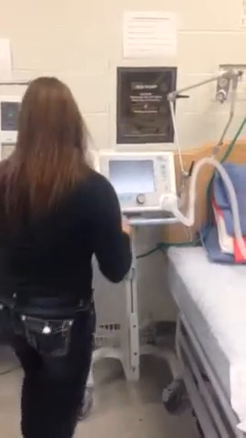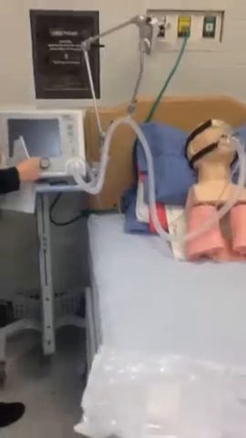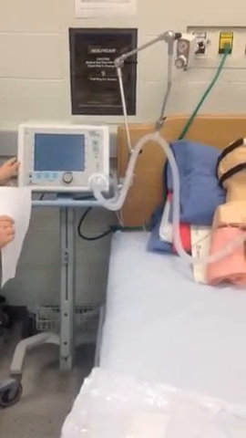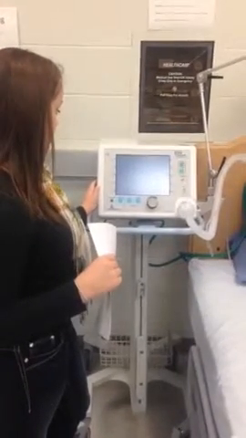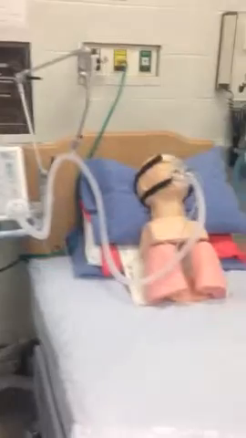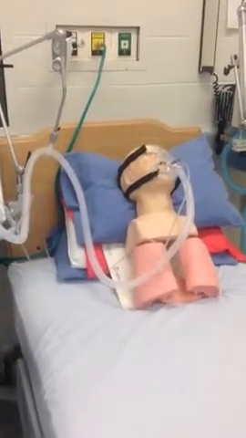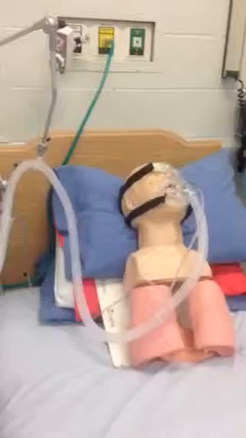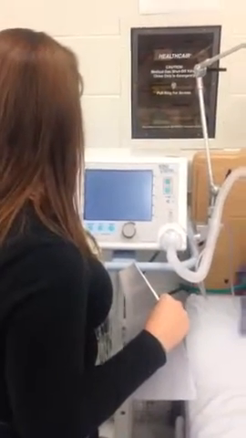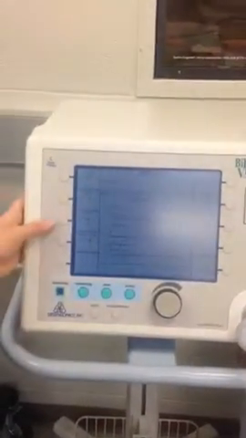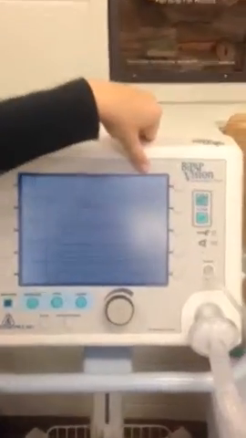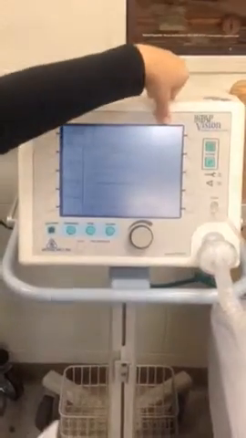I'm going to turn on the BiPAP. We've already preset the spontaneous parameters that we want. So I'm going to go to monitoring, parameters, IPAP of 10, EPAP of 5, rate of 12, and I've got the FiO2 on 21% here in the lab just because we don't have real oxygen flowing through the flow meters, and I'm trying to prevent it from